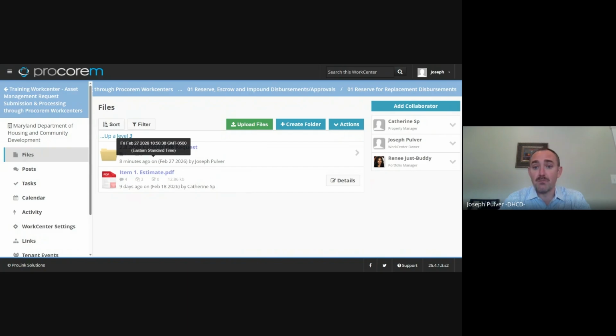But so folks are going to be using Procorum as their primary means of monitoring their projects and checking. So particularly, if they're going to reserve request inboxes and things like that, the timing on those may be delayed a little bit. This is how our teams are able to manage their time and keep an eye on when it was submitted and when they need to turn around their responses and things like that. So the short answer is yes, it will be reviewed. And if you've already gotten communication from your asset manager on it, then that should be fine.